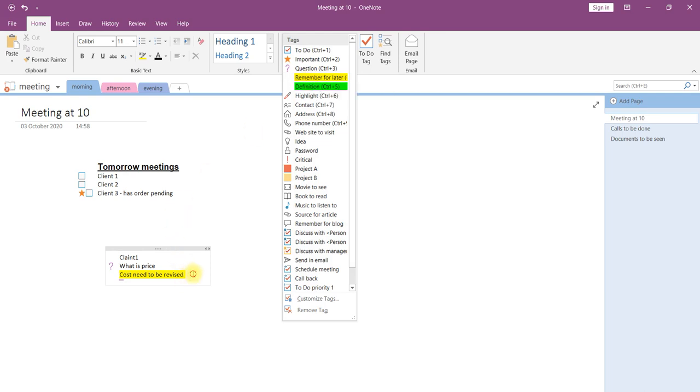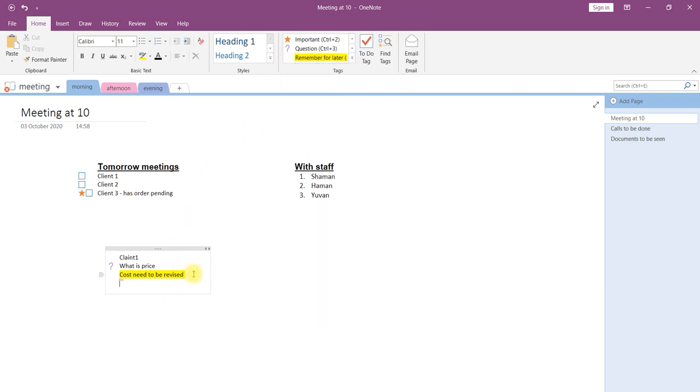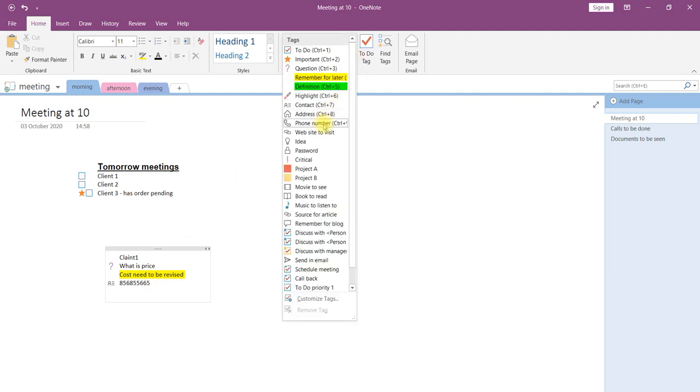Say he has shared a contact number. This number may be confusing, like what it is exactly, so you can tag it as a contact. You will come to know that this is a contact number he has shared, not an invoice number or anything. Similarly, you may have an address or phone numbers.